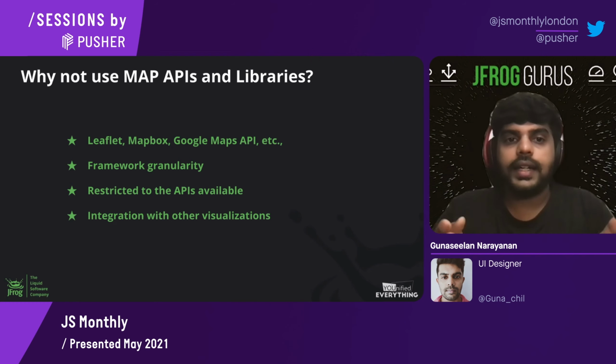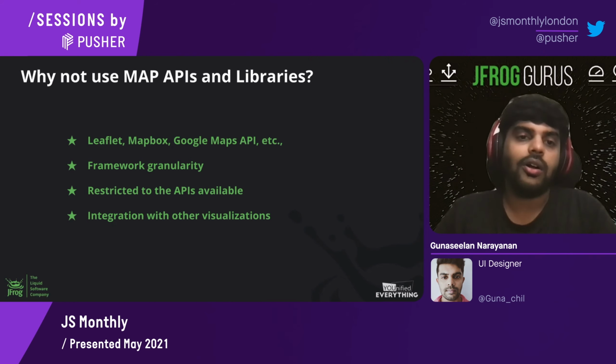So basically, if you see our application, it's very simple. The map is not very complicated. I'm not showing a lot of details. It's a plain map that just shows the markers and some details that we want. So in these kinds of situations, you don't have to use a library and involve a lot of complicated stuff. You don't want that. It needs to be simple.